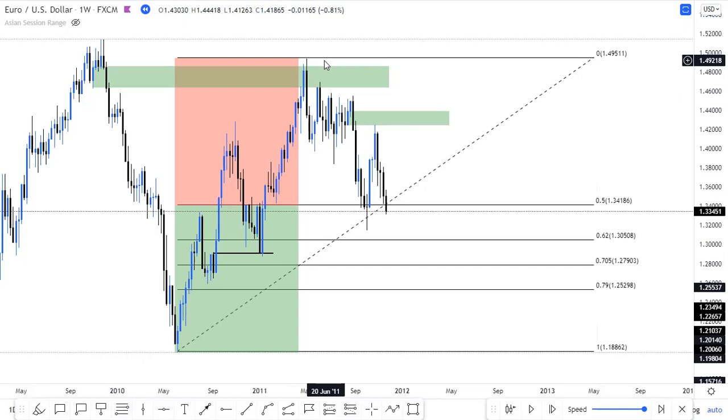Next week, we'll be looking at liquidity void and fair valuation, like I said yesterday. From there, we would